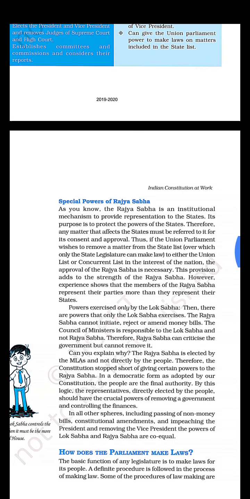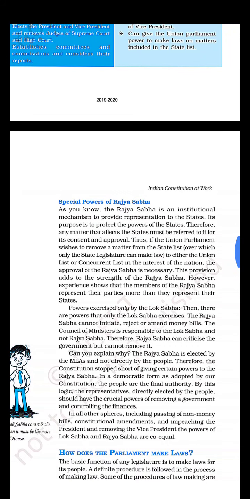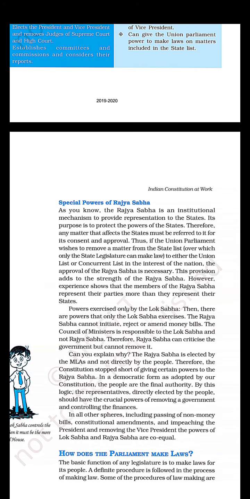As you know, the Rajya Sabha is an institutional mechanism to provide representation to the states, because Rajya Sabha is related to states. Its purpose is to protect the power of the states. Therefore, any matter that affects the states must be referred to it for its consent and approval. So all matters related to states can be dealt with by Rajya Sabha only. Thus, if the Union Parliament wishes to move a matter from the State List to either the Union List or Concurrent List in the interest of the nation,